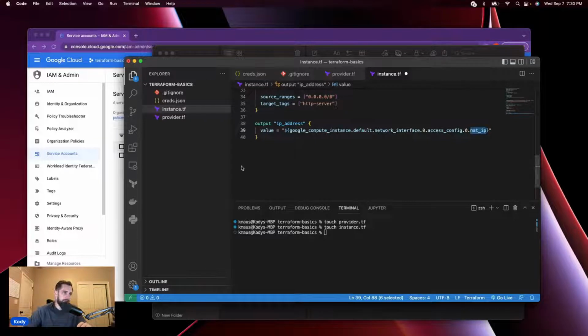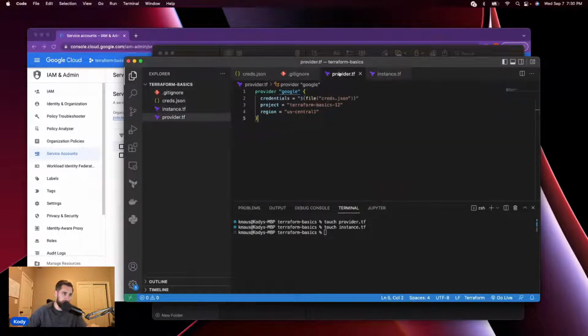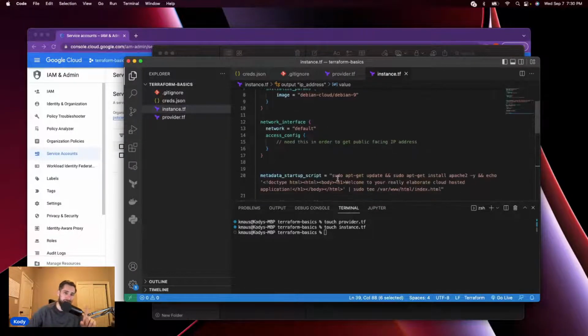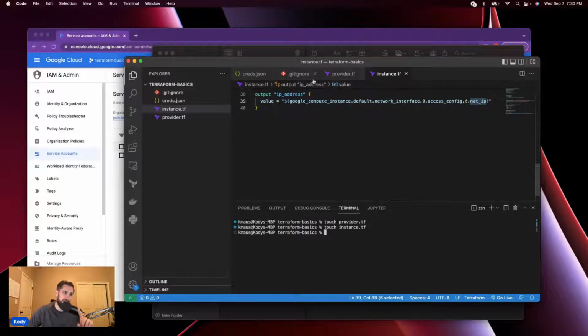And okay, so I think we should be good to go. Let me save this file. Let me go back to provider and make sure it's saved. So now we're actually going to test to see if what I did is correct. The first thing we have to do